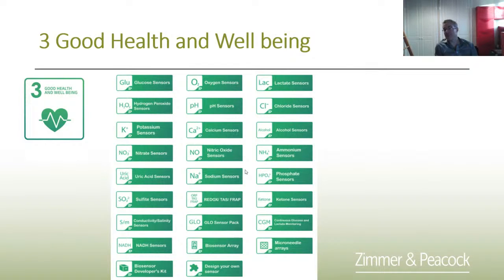The pH in blood is very important. The chloride levels in blood are important. So this whole list, potassium is important, calcium, alcohol is probably more for foods. But a lot of what we do is luckily aligned with the UN Sustainable Goals. So that makes us feel quite good that as a business, at our core, what we do as a company is really aligned with the goodness of improving society overall.